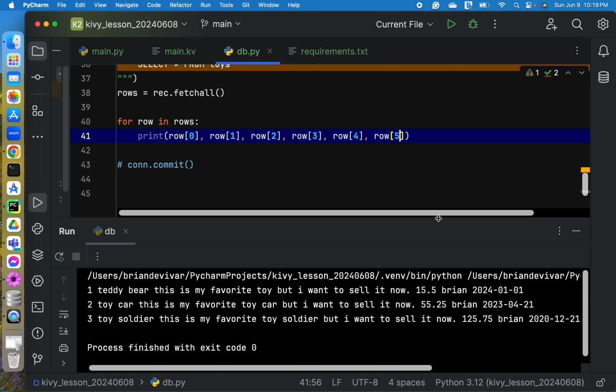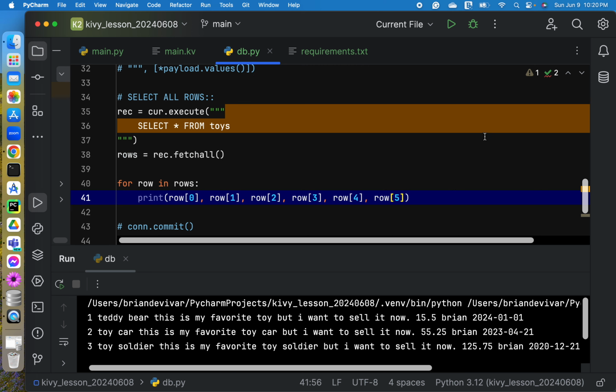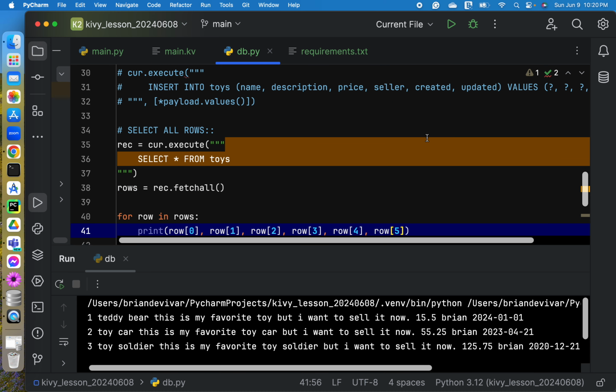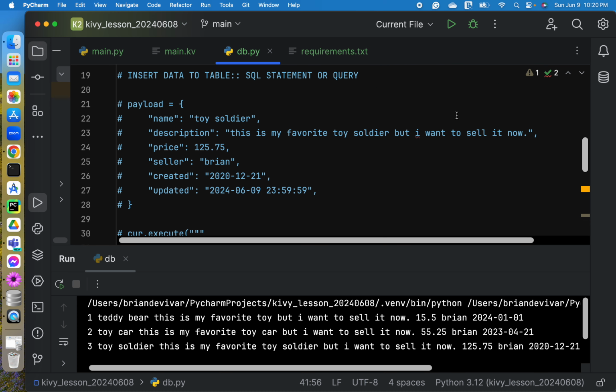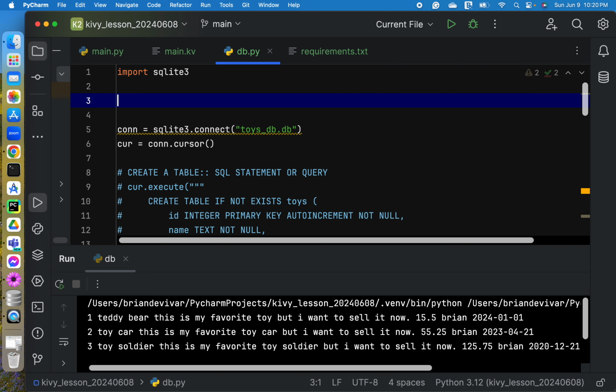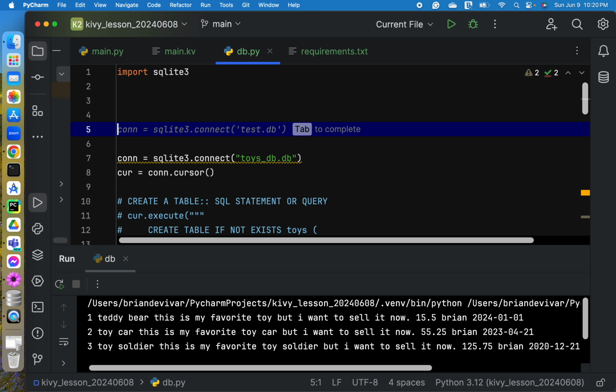So let me teach you a much better way to pull items from our table. Okay, let's create our model class.